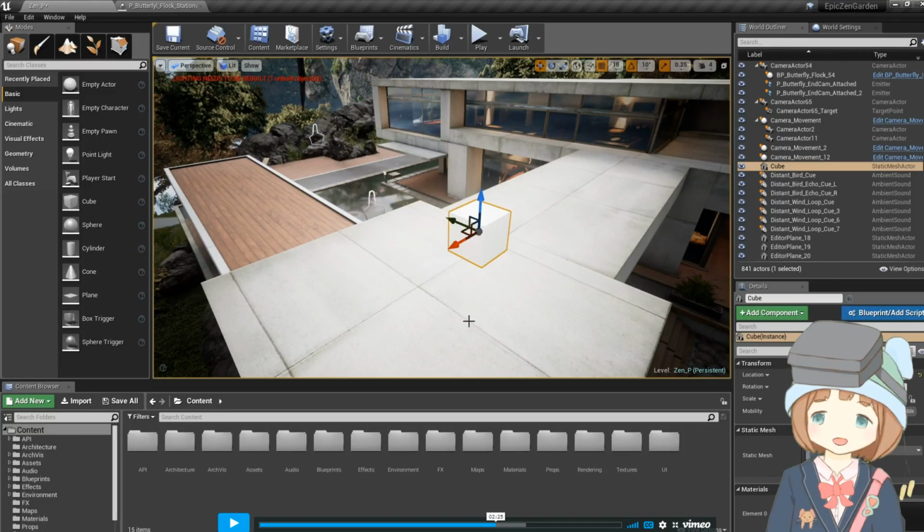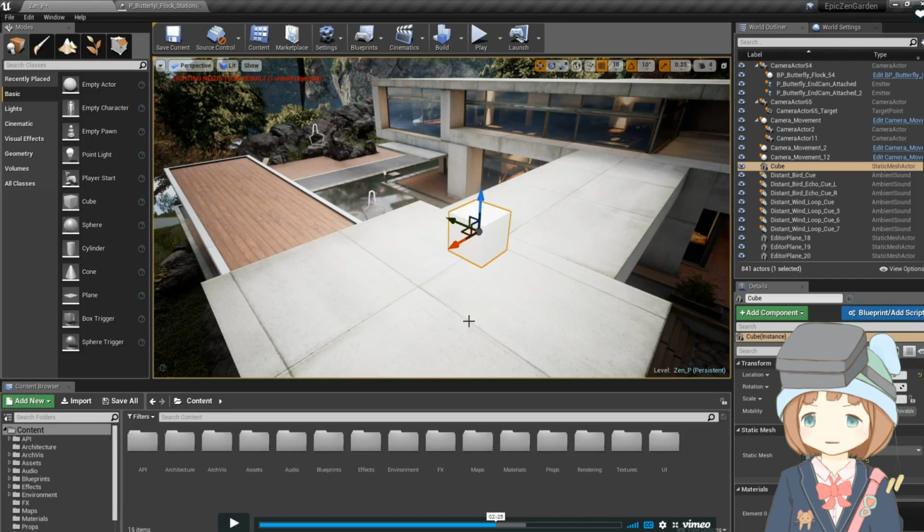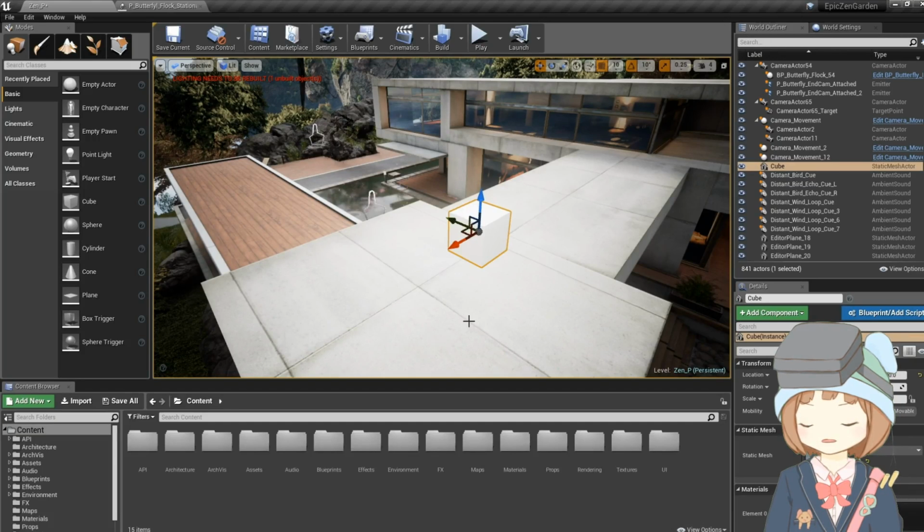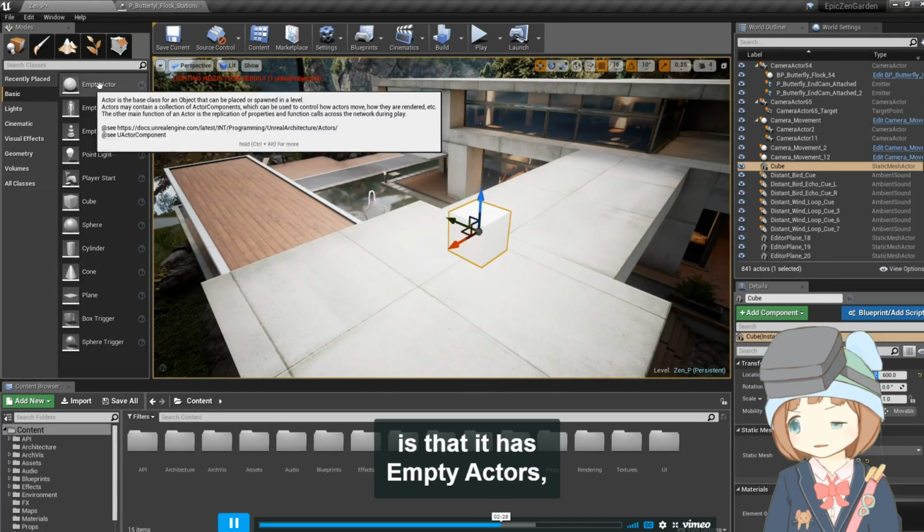Is that we do have, as you can see, empty actors, much like the idea